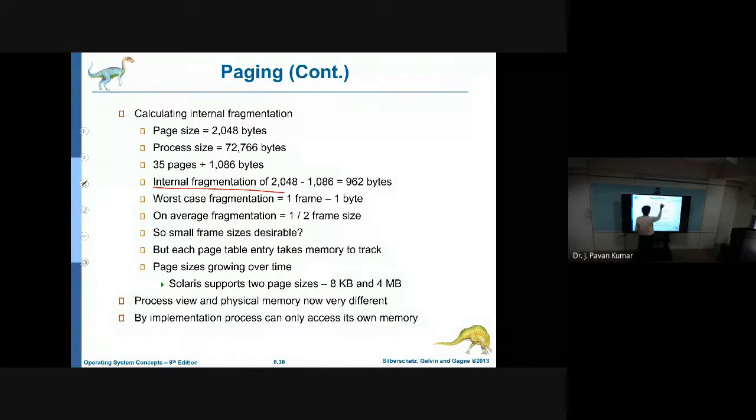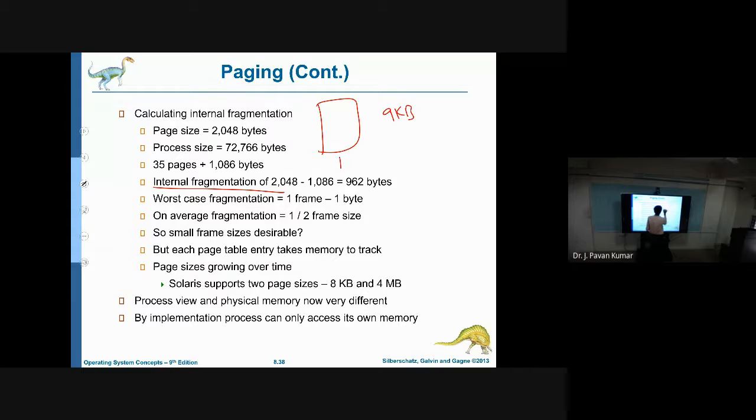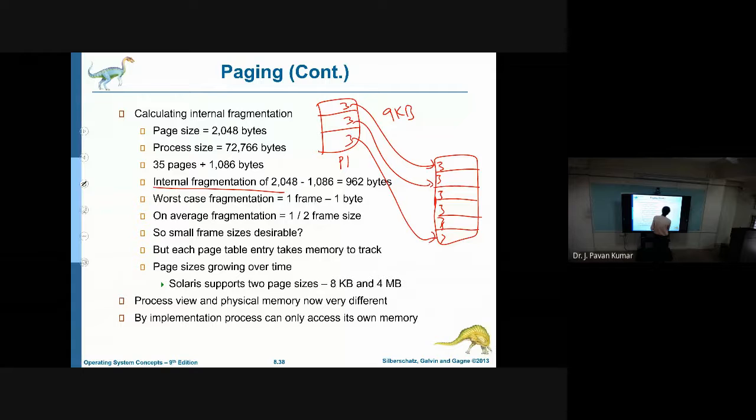It is just dividing. If you have a 9 KB process, okay, the entire process size is 9 KB, and we will be having main memory with frame size as 3 KB, let us say 3 KB. So how many pages will we be dividing into? Each page will be having 3 KB, so each page can be loaded into any of these frames. Like this we can load, okay.